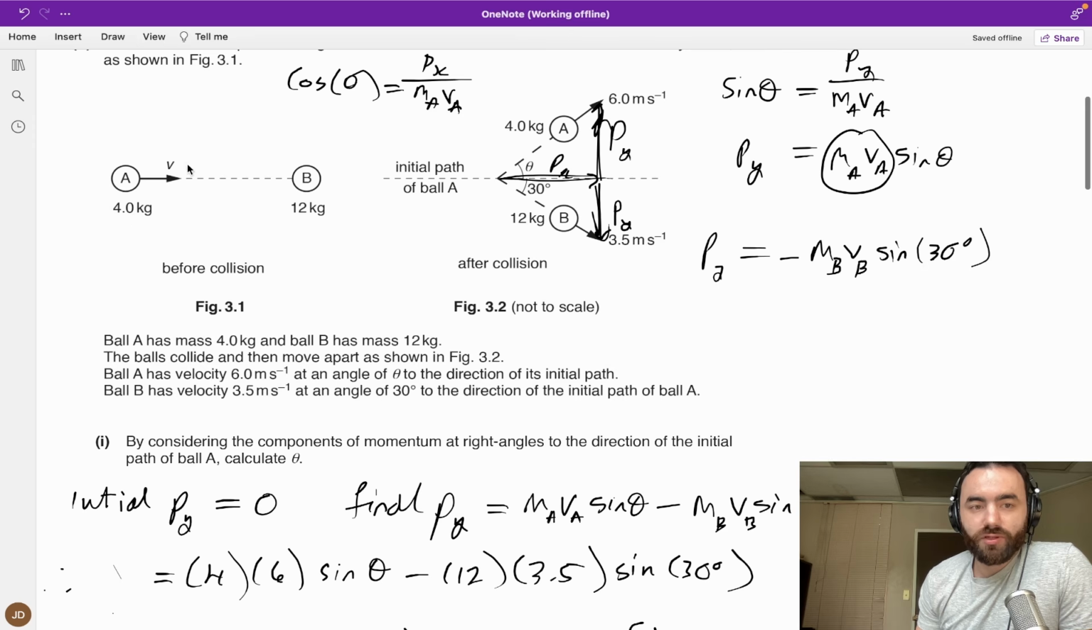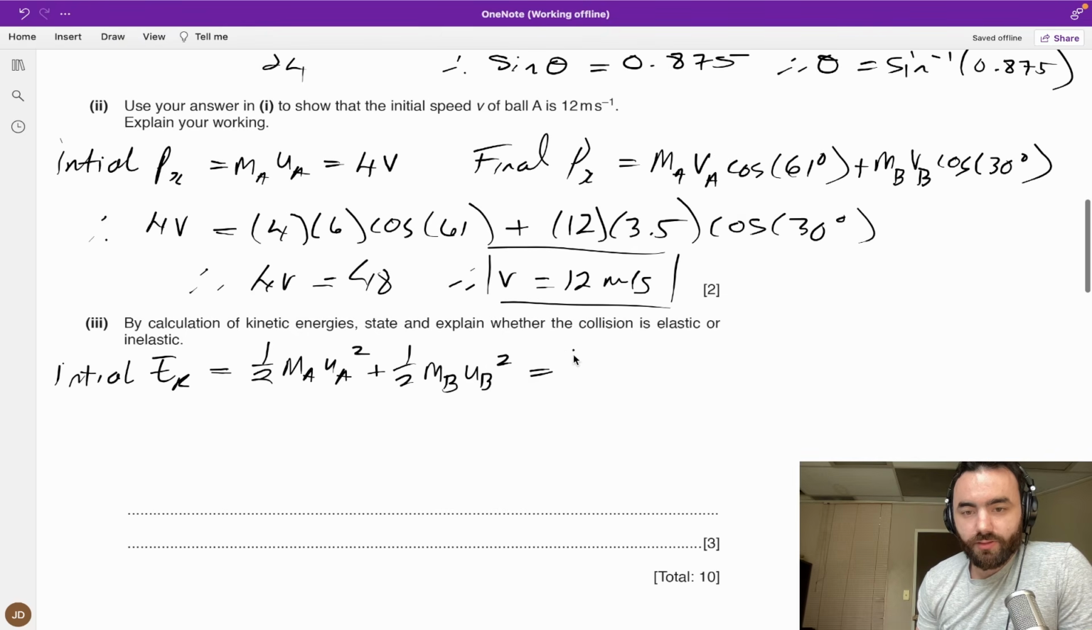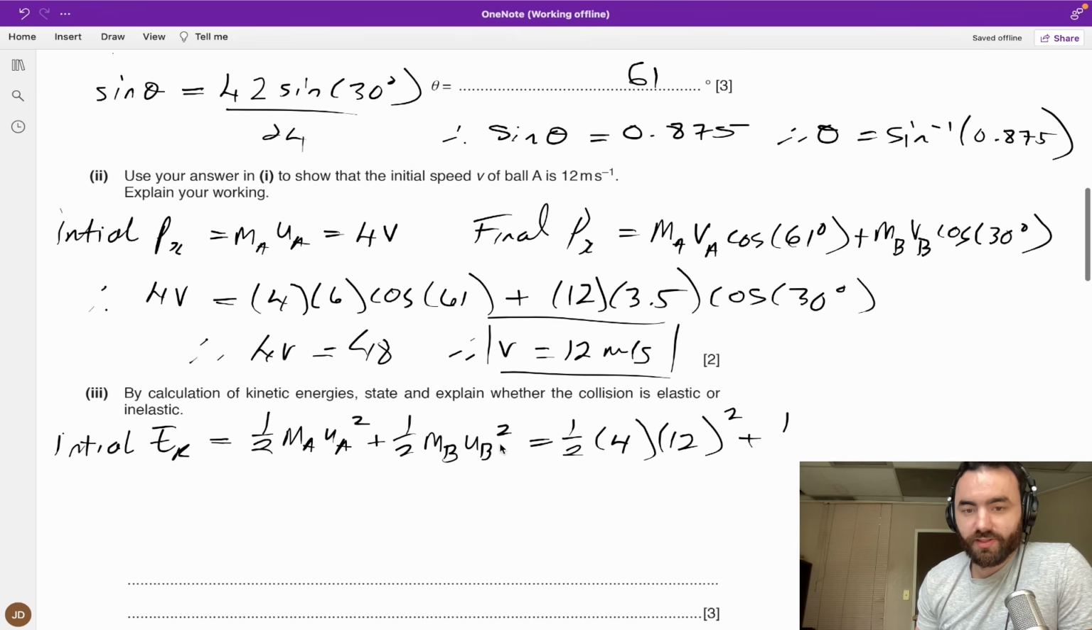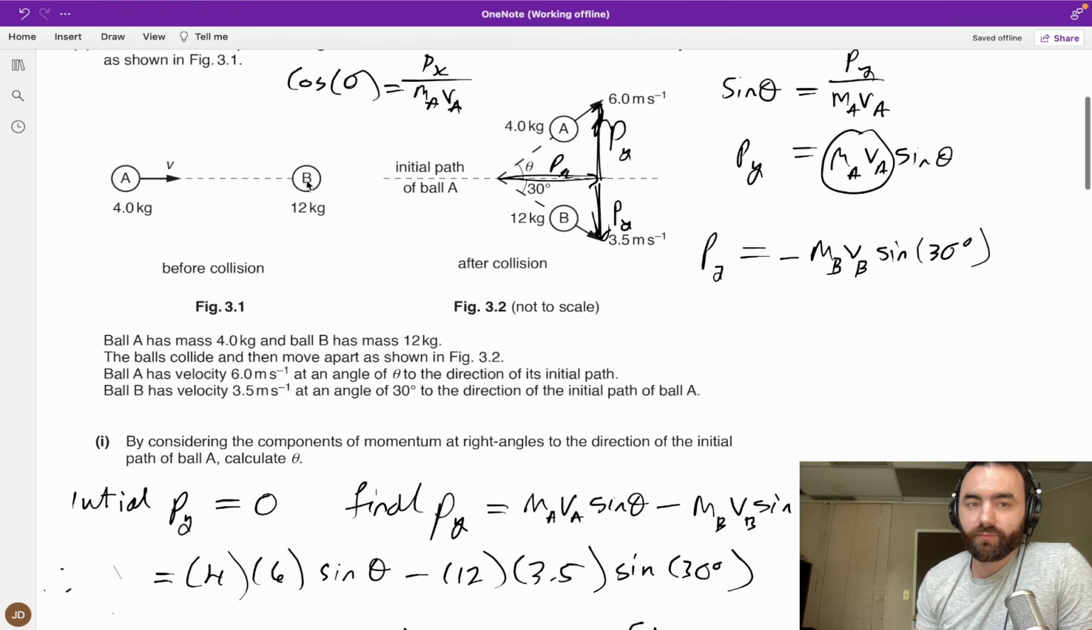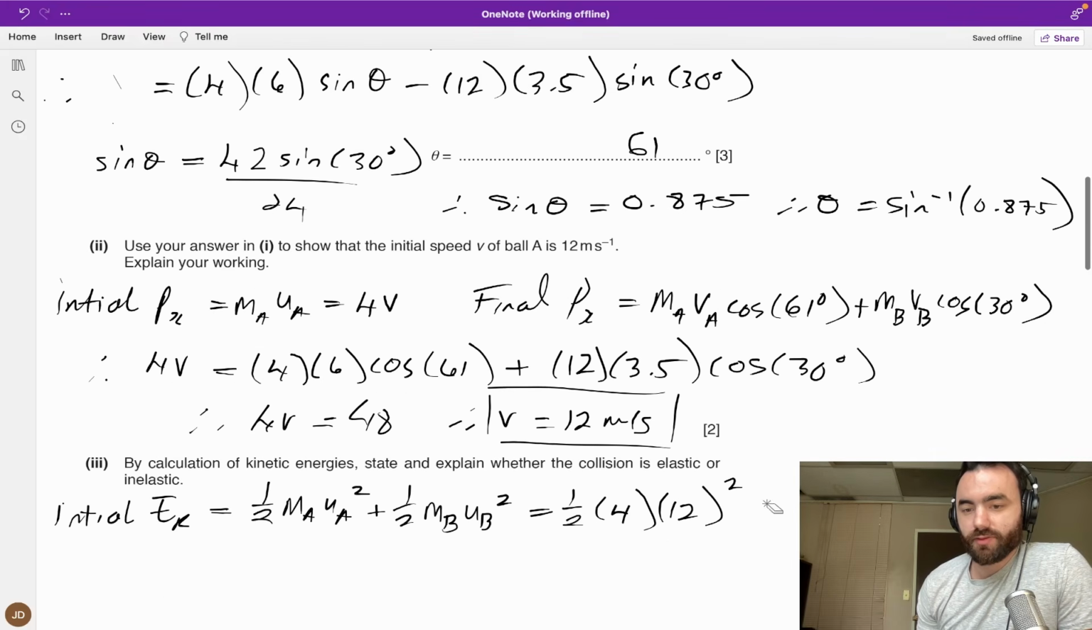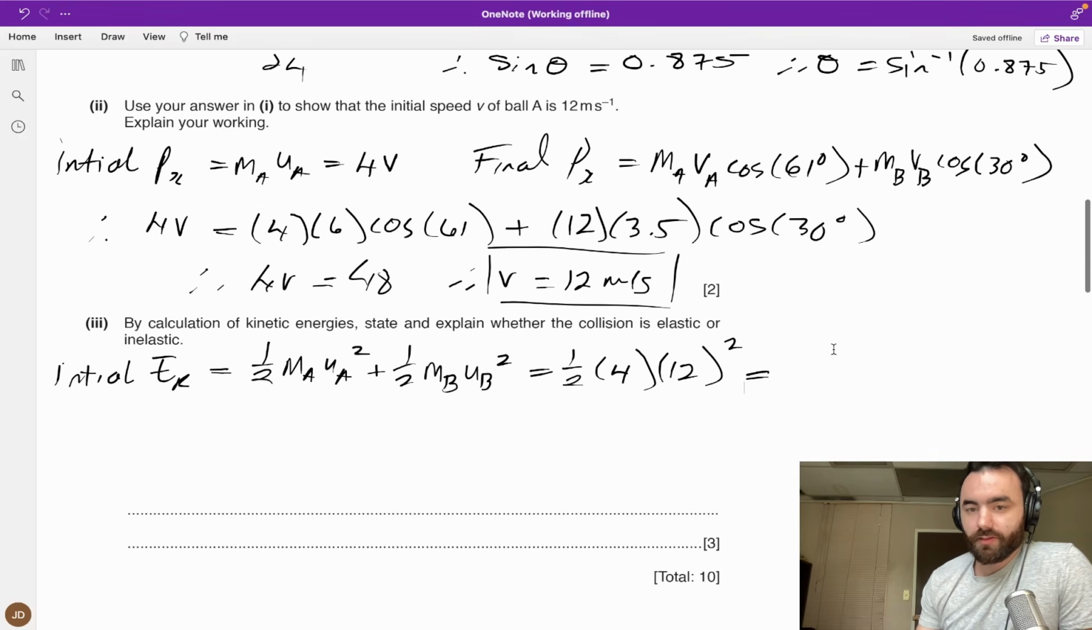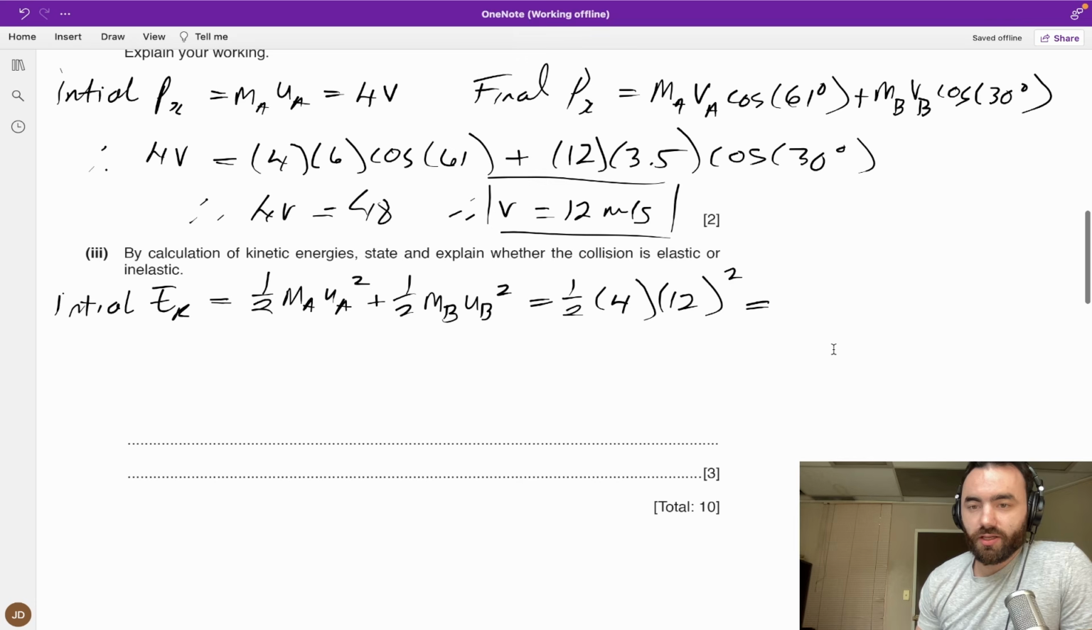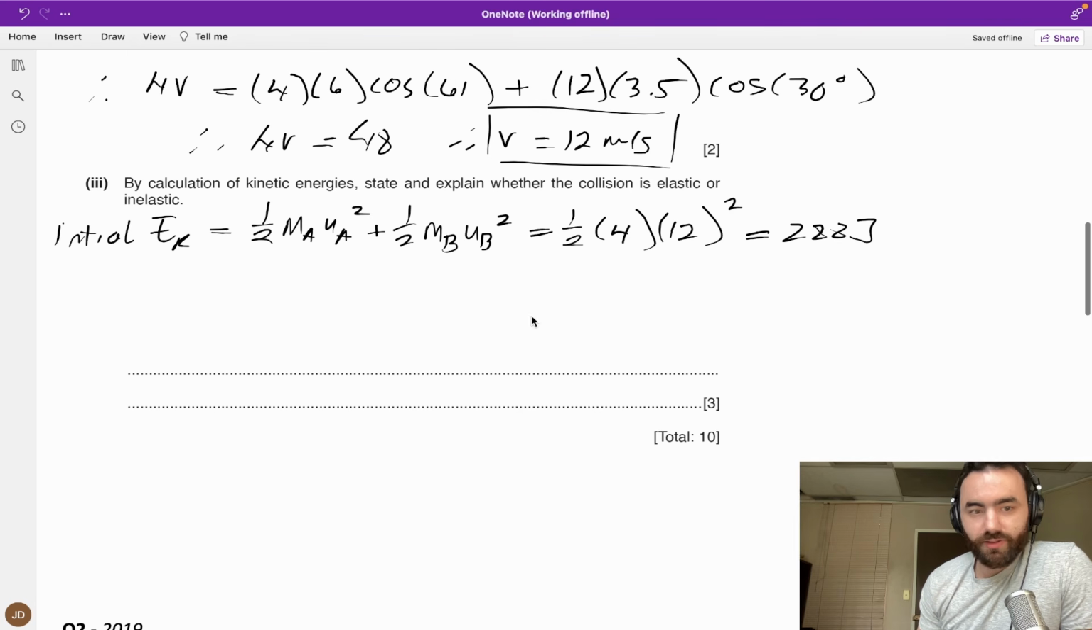So it's going to be a half of 4 times U of A, which was this, 12 squared, plus, well, this is going to be 0, right? Because B isn't moving. So it's going to be plus 0. So just this. 4 times 12 squared divided by 2. It's 288 joules. 288 joules. And then the final